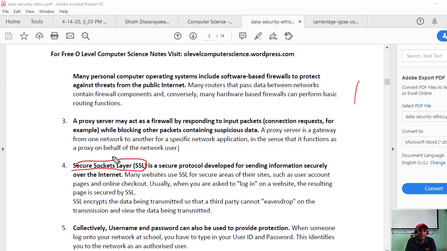No, it's an encryption. Yeah, it's an encryption. SSL is a kind of encryption method, right? That is called Secure Socket Layer. What is the basic example of an encryption method when you are browsing the internet? What protocol are you using? HTTP, right? Yeah, it is HTTP. It's not HTTP, it's HTTPS. I think you remember that, right?